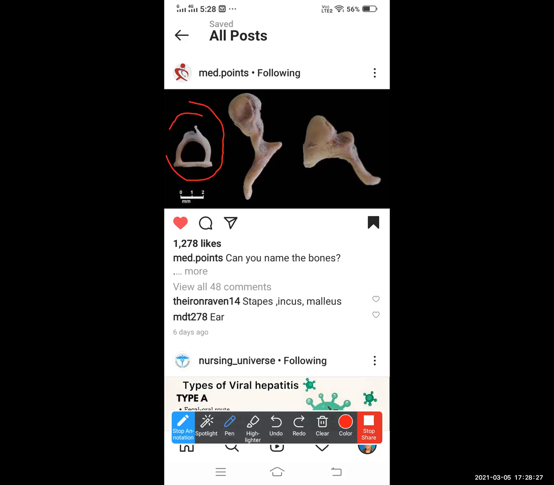Smallest bone in our body, right? Then that middle one is a hammer-like bone. That will be your malleus bone. And the last one is this. I told you that blacksmiths or those shoemakers have some base on which they hammer with the help of a hammer. So these are the names of the bones. Okay, understood? Is it easy?